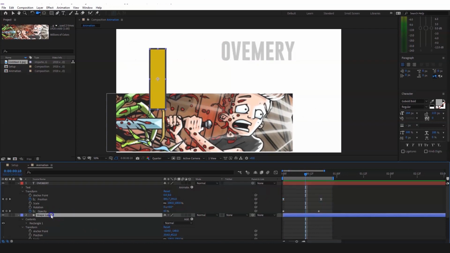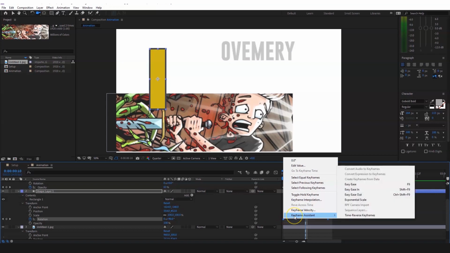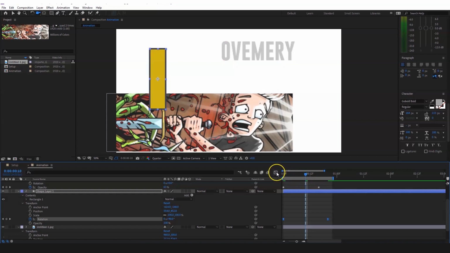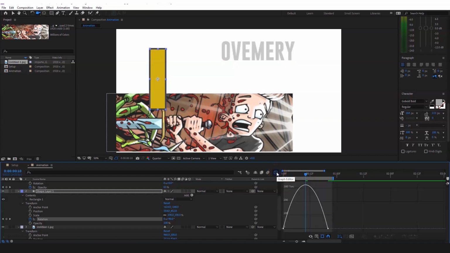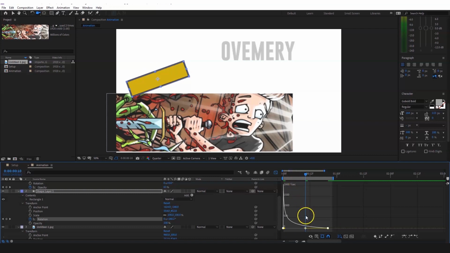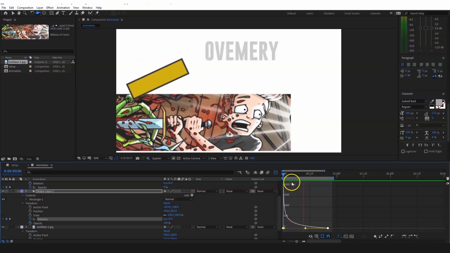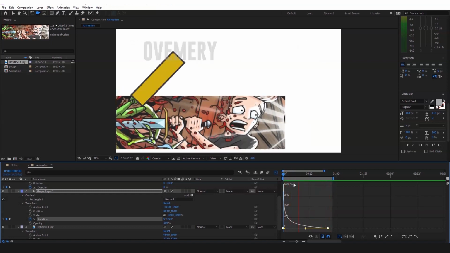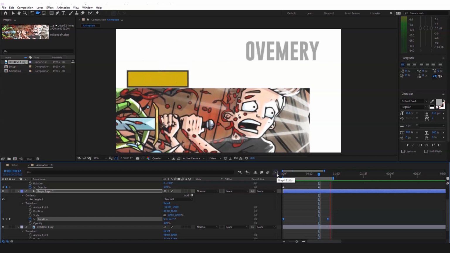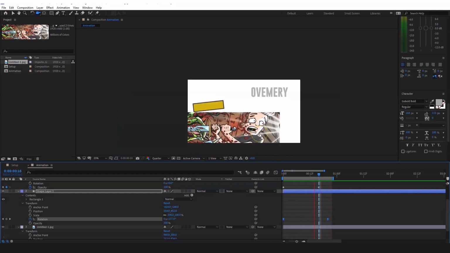Let's try it on the rotating shape layer just for the sake of repetition. I select the keyframes, right click one of them and hit Keyframe Assistant, Easy Ease. With the keyframes still selected, I enter the graph editor, and this time I maybe want it to be at its fastest rotation in the beginning, just to slow down into 0 with time. You can of course stay in the graph editor while previewing for quick changes if wanted, but I'm pretty happy with that. I suggest you play around a little bit with the layers, keyframes, transform options, and the timeline, because